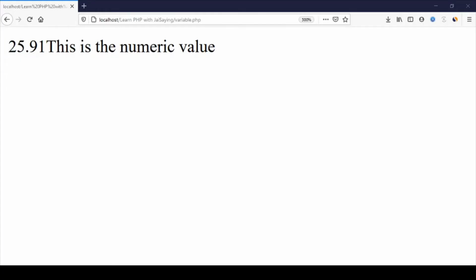Using single quote, you can print using single quote also and double quote also, but for best practice, use numeric value without single quote and double quote. I'll tell you without double quote also.